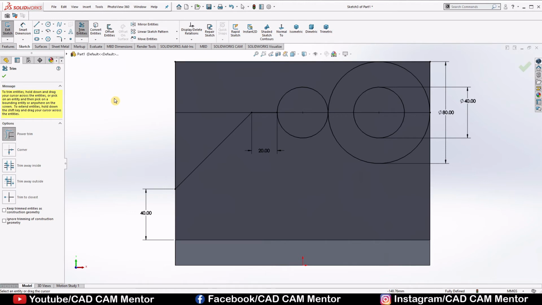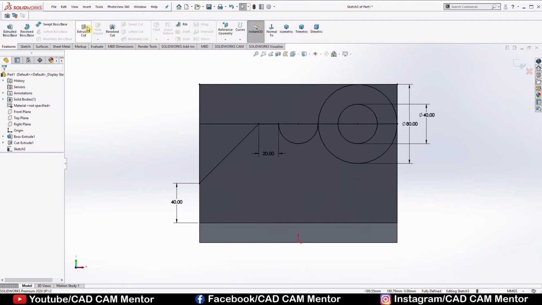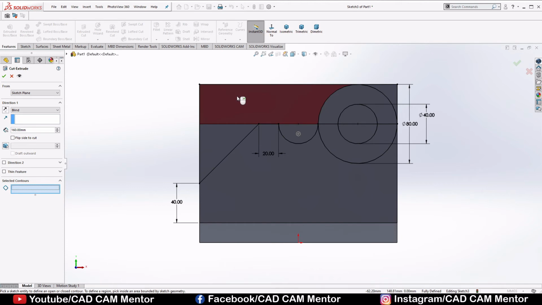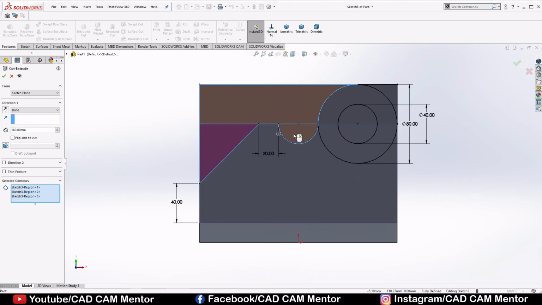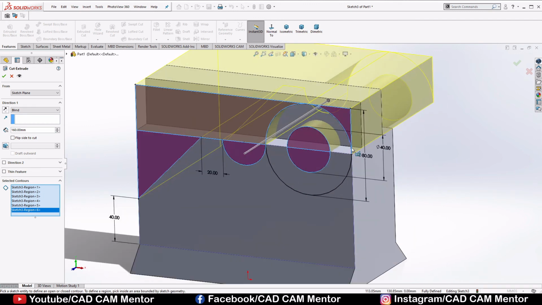Select trim entities and trim this upper portion. Click OK. Now go to the features. Select extruded cut. Select all the portion we have to cut. And click OK here.